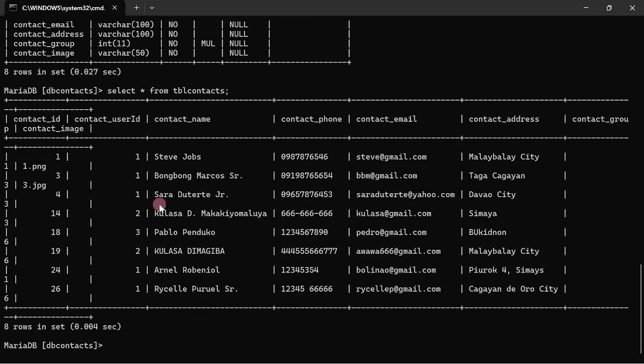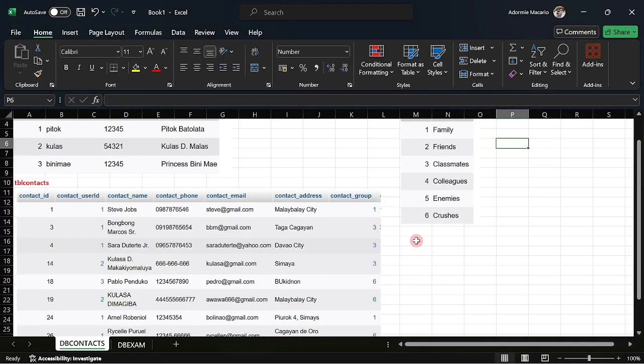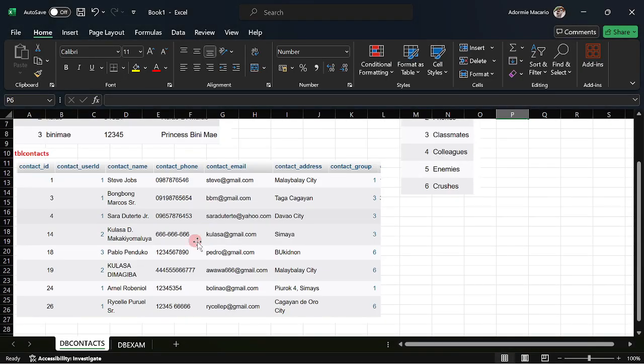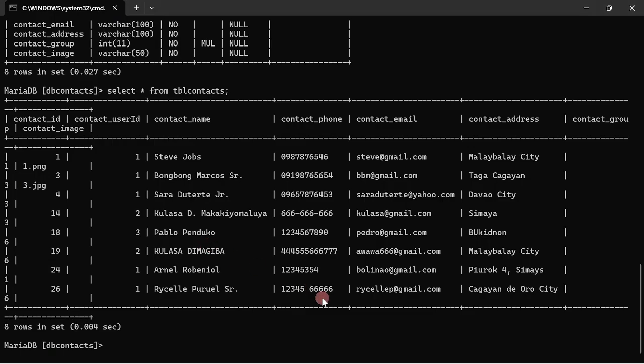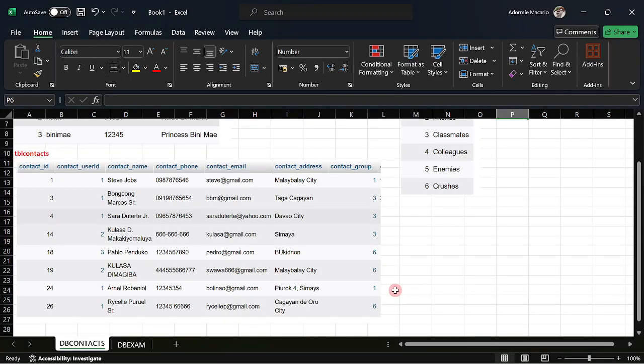So we have here all of the records that you could see actually from our image here. Okay, so I hope you are now familiar with our databases, the database structure and the database tables and their structures. So the first requirement here is that, for example, I want to display, or I want to retrieve,